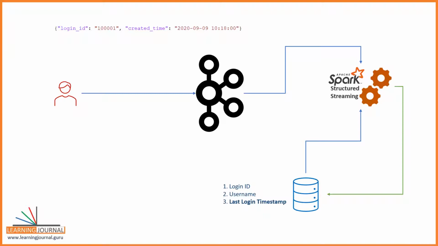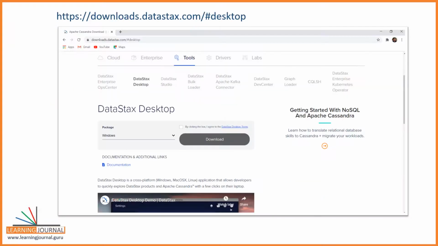Make sense? However, we cannot run this example unless we have a Cassandra setup. You can get Cassandra in many ways. Installing Cassandra and setting it up on your local machine is not in the scope of this course. However, the easiest method to get Cassandra is to use DataStax Desktop. You can get it from the following URL. DataStax Desktop uses Docker to run Cassandra in a Docker container. It allows you to install, run, and create Cassandra SQL from the DataStax Desktop application. If you do not have access to the Cassandra and want to try this example yourself, I recommend using the DataStax Desktop application.